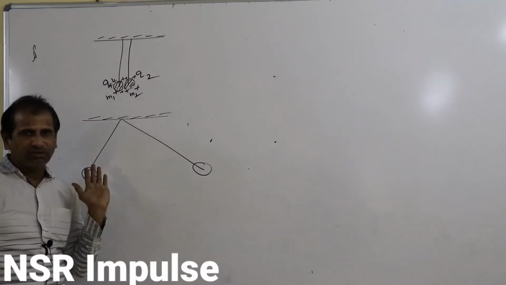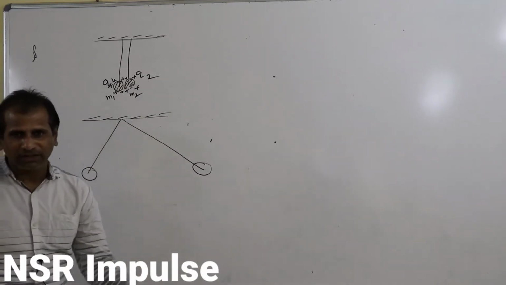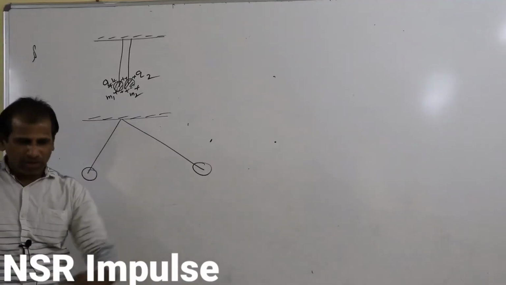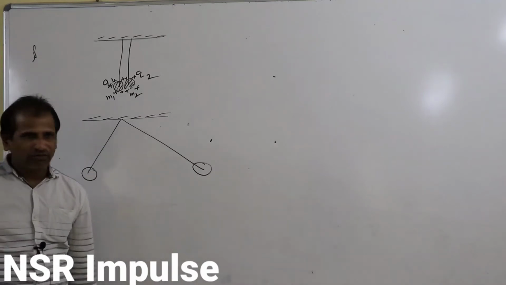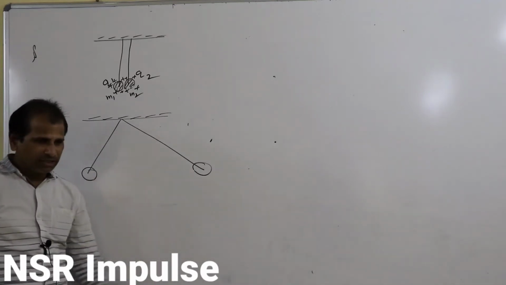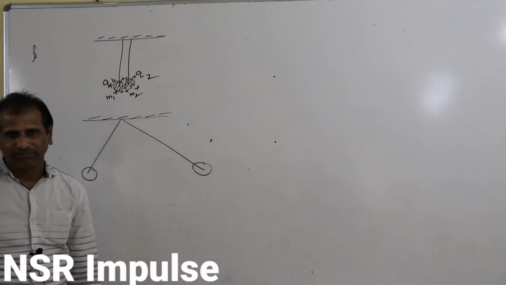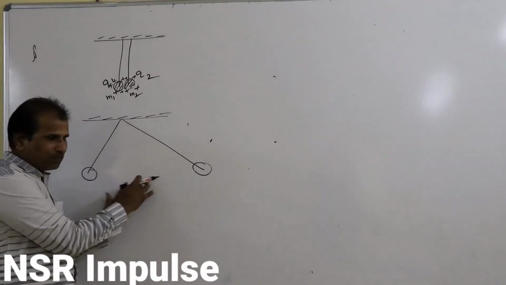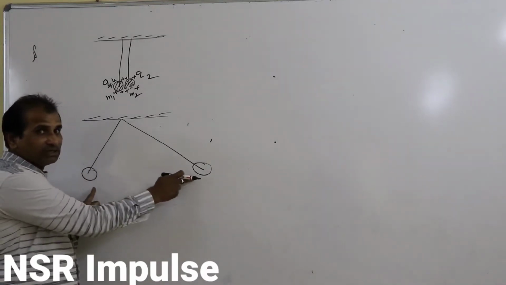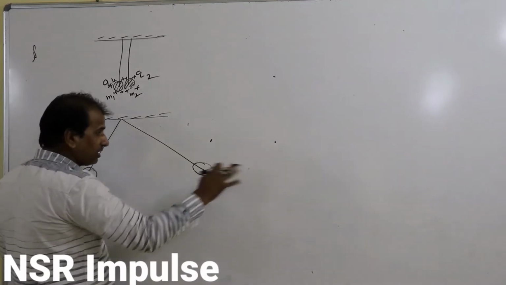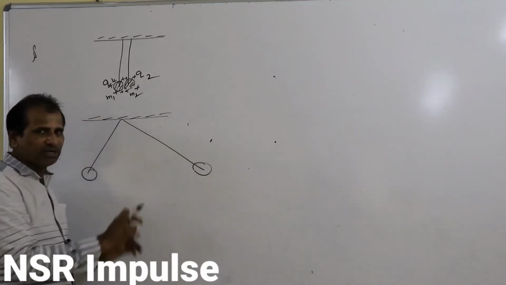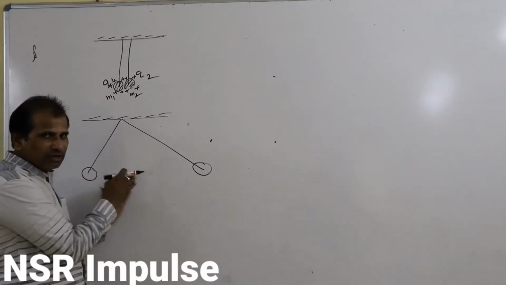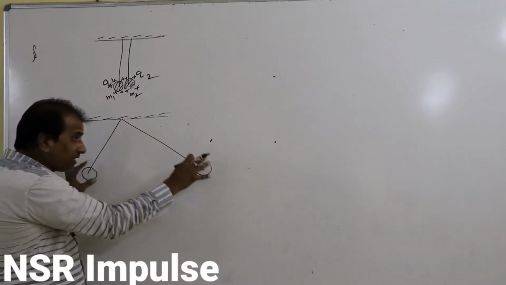But once we remove our hand, between them what exists? Repulsion. Due to repulsion, they are pushed away. Once they are pushed away, they go to some separation and remain in equilibrium. They don't move close together because of repulsion, and they can't move further away because of the tension force. They don't come closer, they don't go further away. They remain in equilibrium.